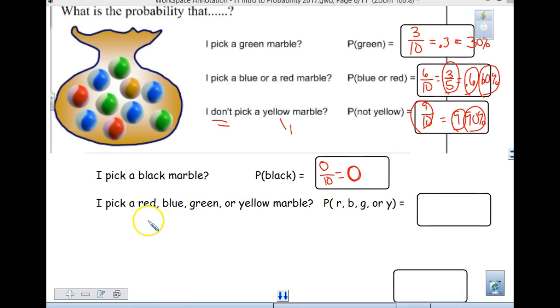So, it says, what's the probability that I pick a red, blue, green, or yellow marble? Then we are looking at, we've named,